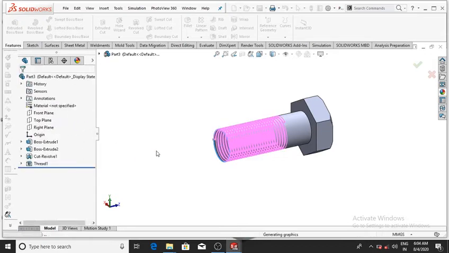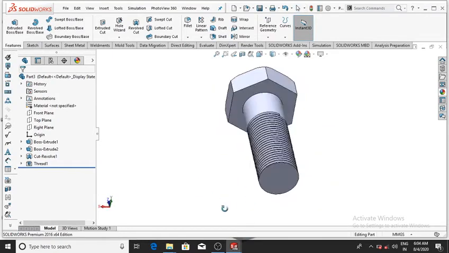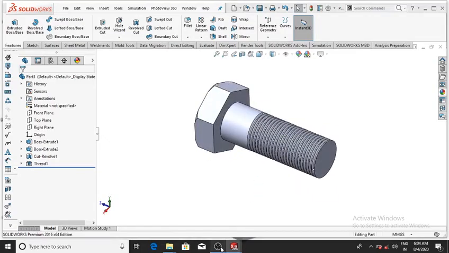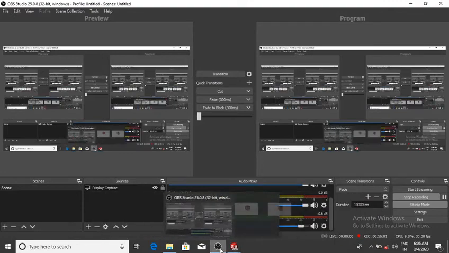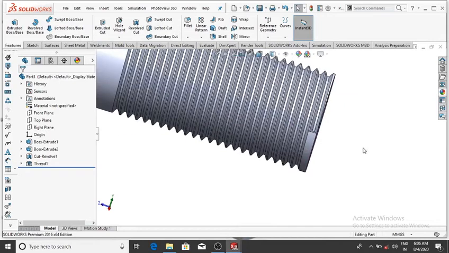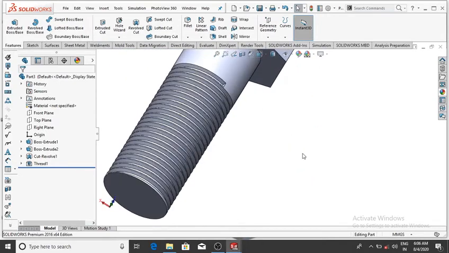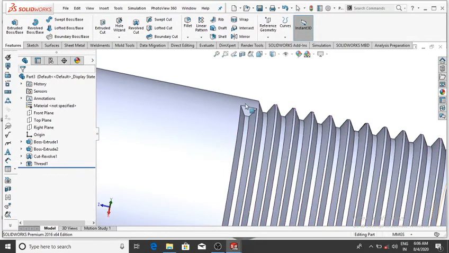It will be cut from this face, and now on this face make the extrude cut. So simply go to this face, select this face, sketch, now it will be selected.